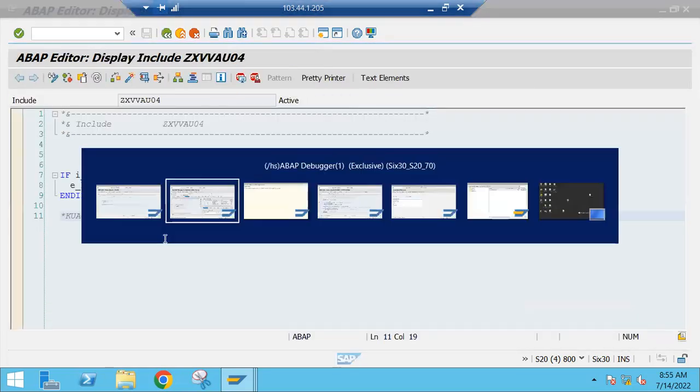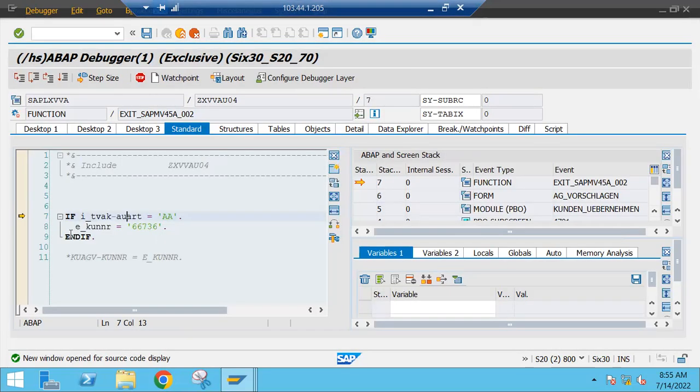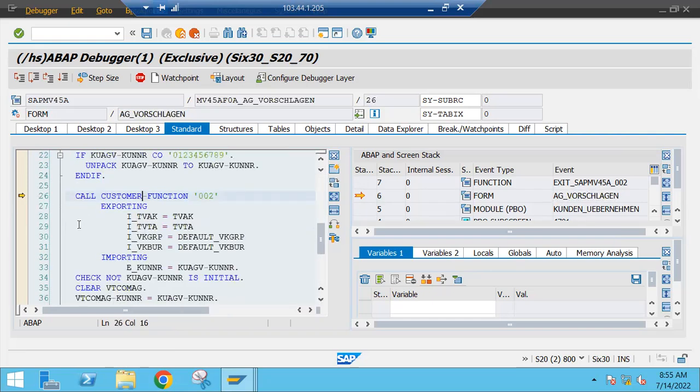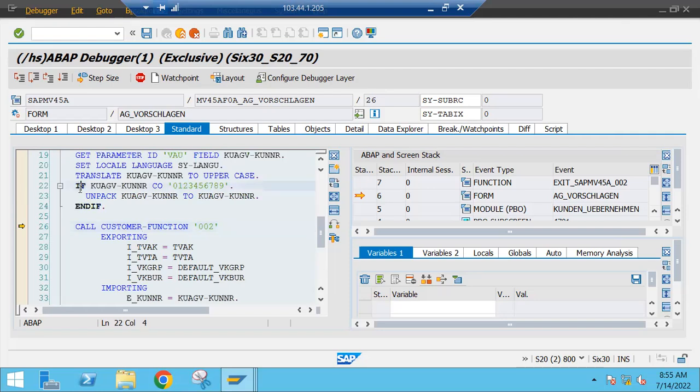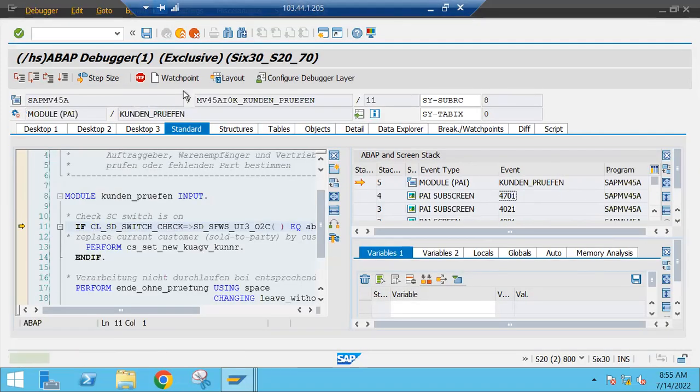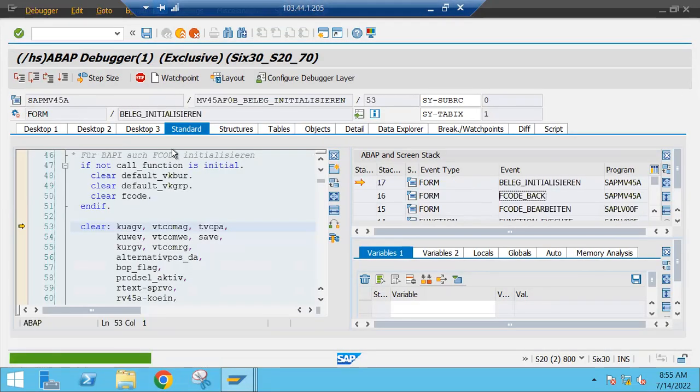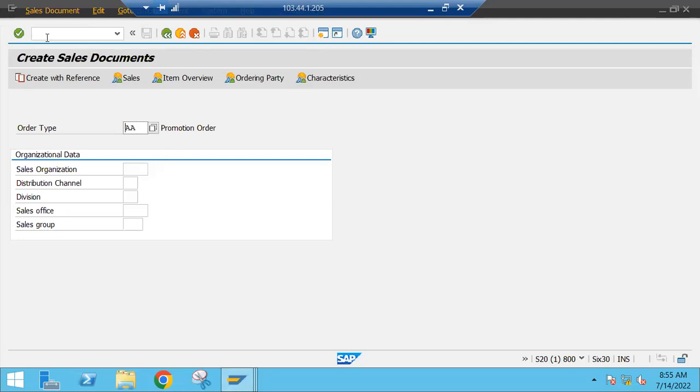So now just go back once again. I'll simply put the breakpoint over here or on the previous statement, just for our convenience, so that we don't have to go again and again. Press F8 and we have come out, right? Now go back once again, press F8 and /H, press enter,